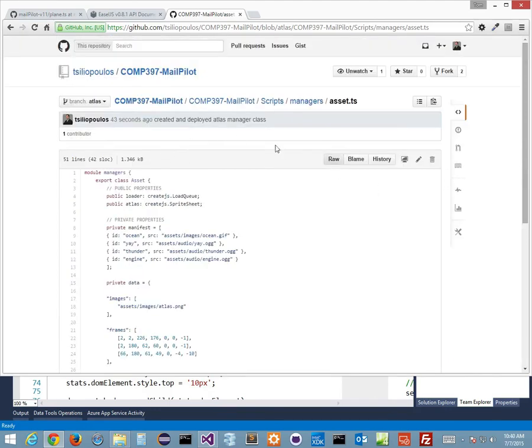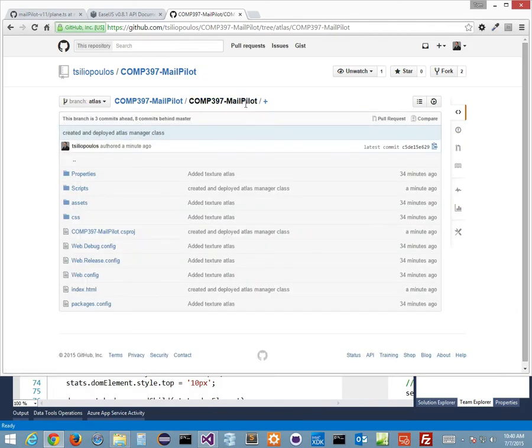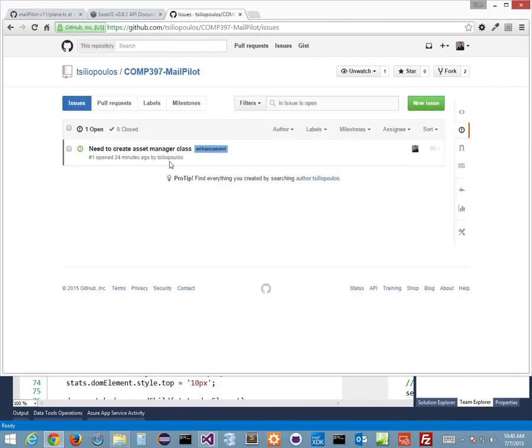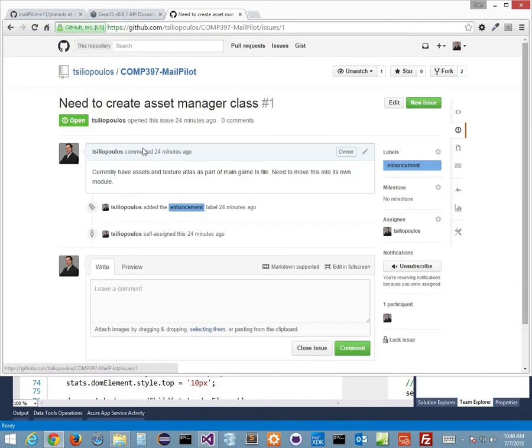I also took care of that issue. I created an issue, as an example. Here's my MailPilot, and if you notice, I've got one issue, and I want to take care of it. So here it is. This is the enhancement: I need to create an asset manager class. I go in here, as an example, and I want to close my issue. So, Atlas manager class